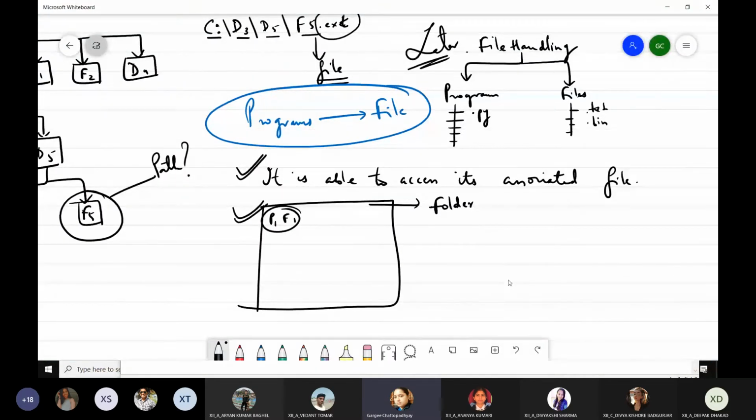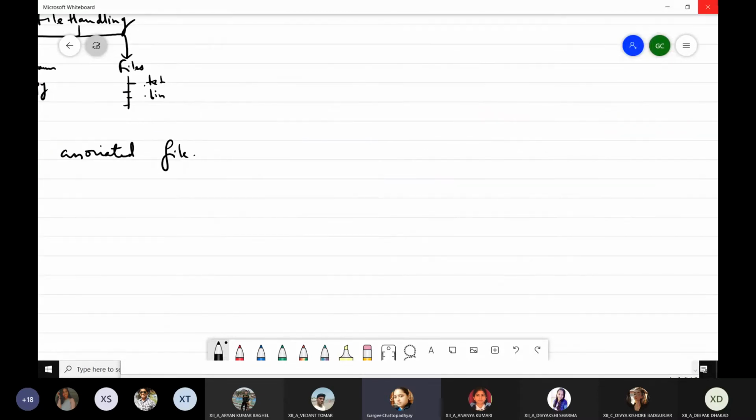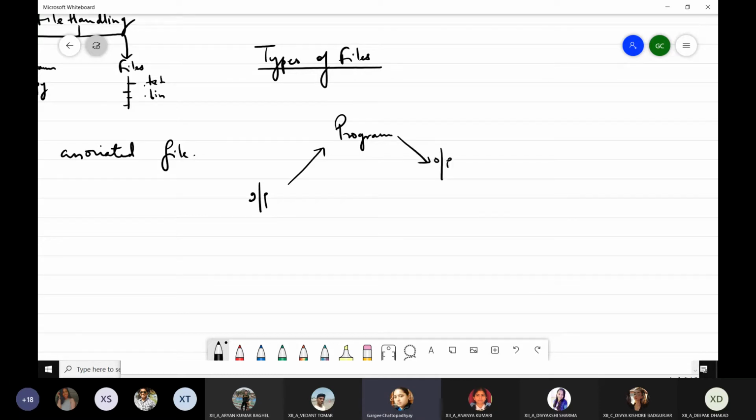Now we start with understanding what is a file. So we have already seen what is a file. We will start with types of files. Okay, before we go to types of files, why the need for file handling? The reason is, sometimes till now the programs which you have been doing, there was no need to save the output of the program, because we know that your program takes some input, okay, and it gives some output, right? We have been doing all these types of programs so far.